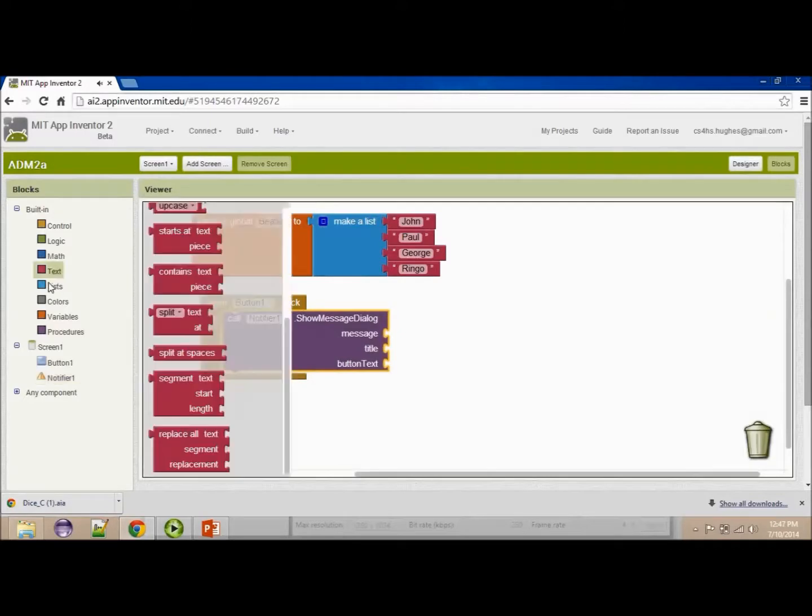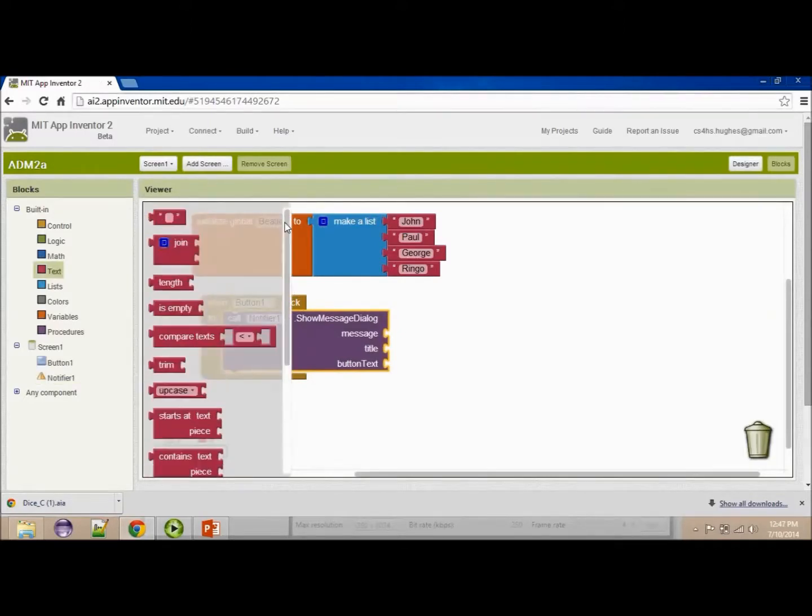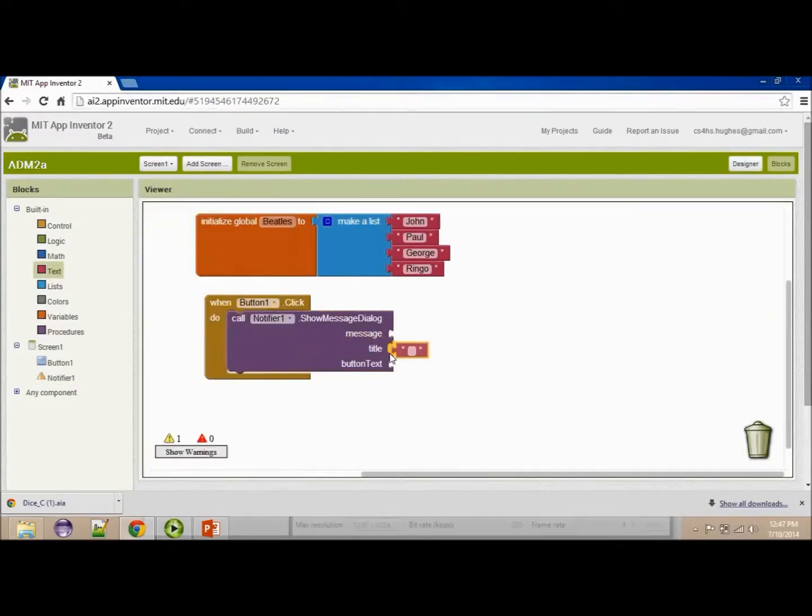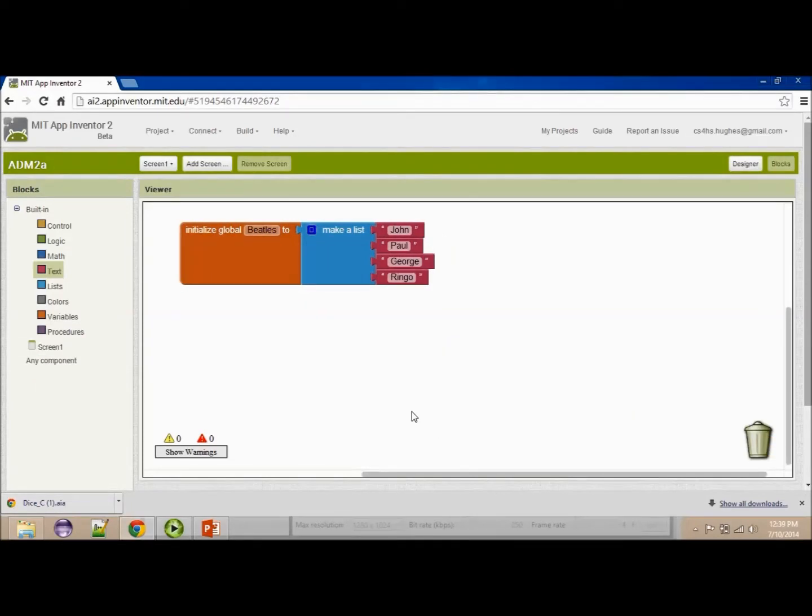And let's see, for the title, I'm going to put in the Beatles. And for my button text, I'm going to put OK. And for my message, I want to display, so that's the essential way that I can